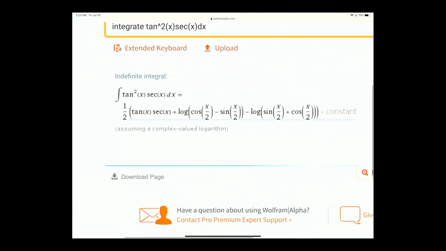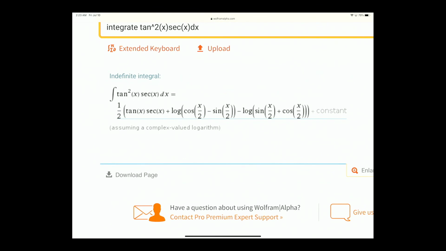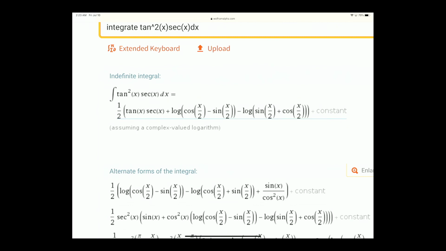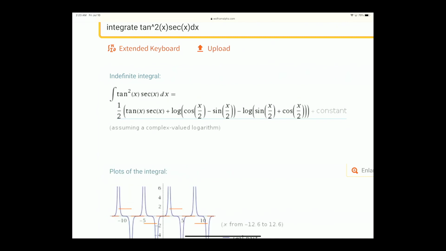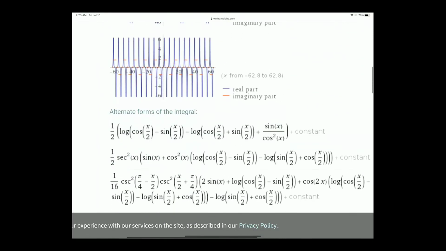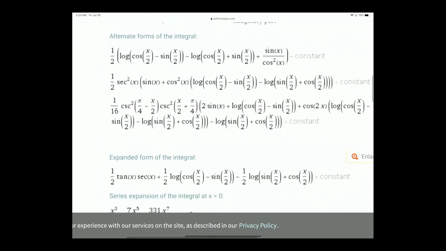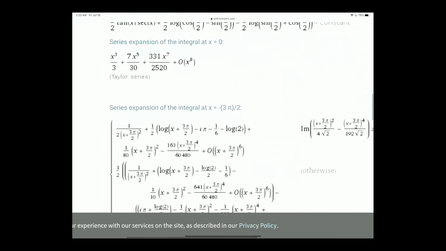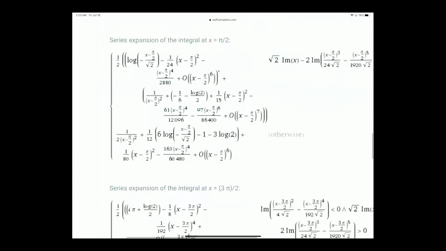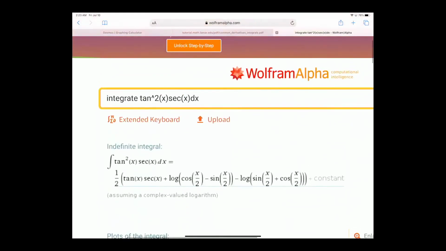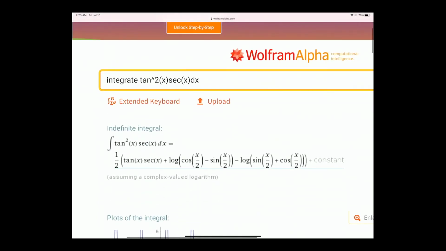All right, see why we don't want to do it? That actually looks, that's not a good way to write it. That's not a good way to write it at all. They must have a better way. Okay, well, I lied. Don't use Wolfram Alpha to do that integral. That's bad. All right. Anyway,